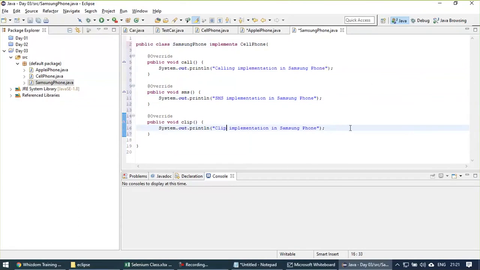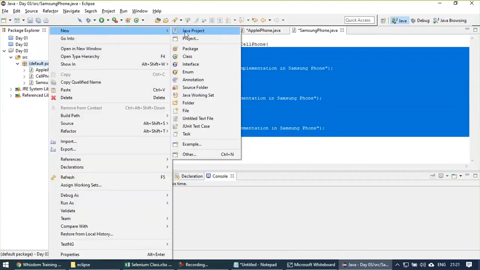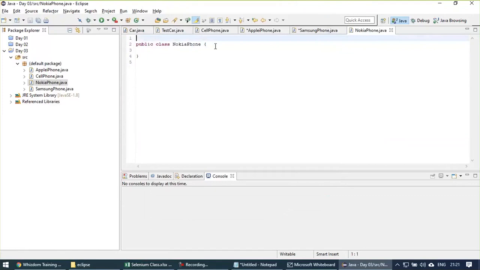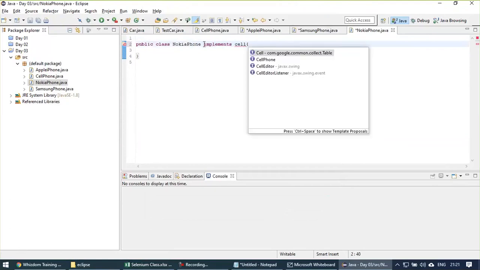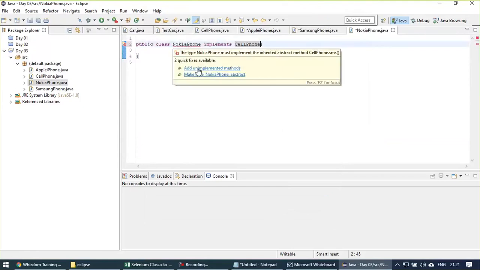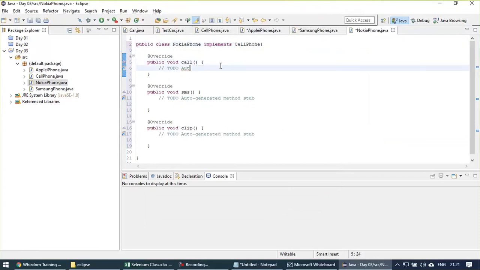right? Now over here we have mentioned these things. We can have multiple phones. For example, we can have a smaller phone as well, or say Nokia phone, right? So Nokia phone, and Nokia implements it in its own ways, right? So again, implements cell phone, right? Now over here, Nokia phone needs to implement all these three unimplemented methods, and what we have to do is that we just need to specify